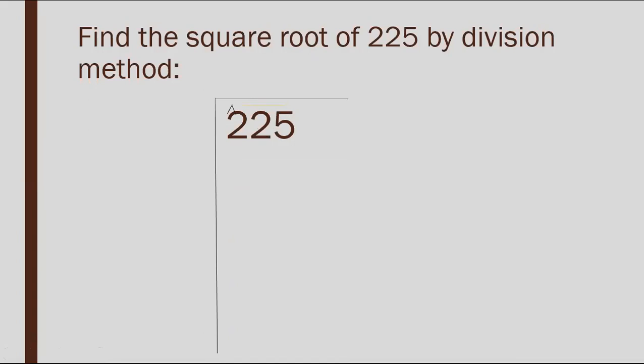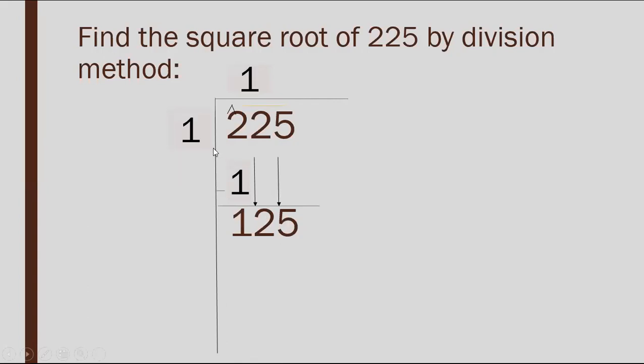Now what is the meaning of this cap? At first we have to find the number which when multiplied by itself gives either 2 or less than 2. So we know that 1 into 1 is 1. We cannot take 2 into 2 because 2 into 2 is 4. So 1 into 1 is 1. So 2 minus 1 is 1, and then 25 is a pair, so we have to copy the whole pair as it is. We are not allowed to copy only 2 here. As it is a pair, we have to copy the whole pair at once.